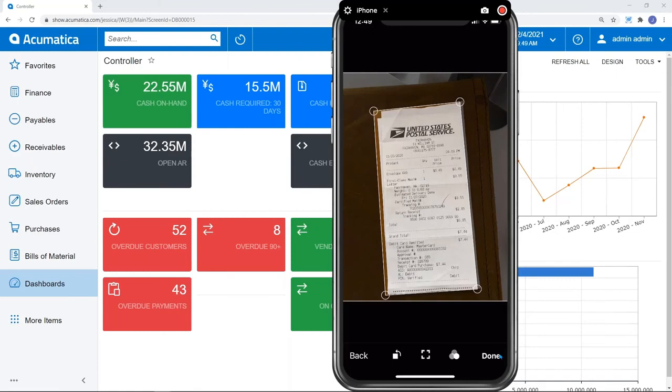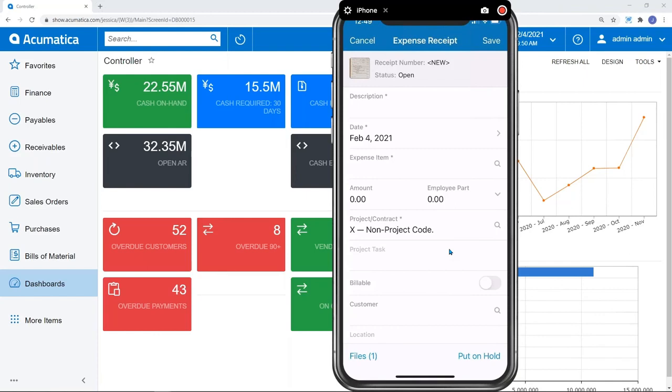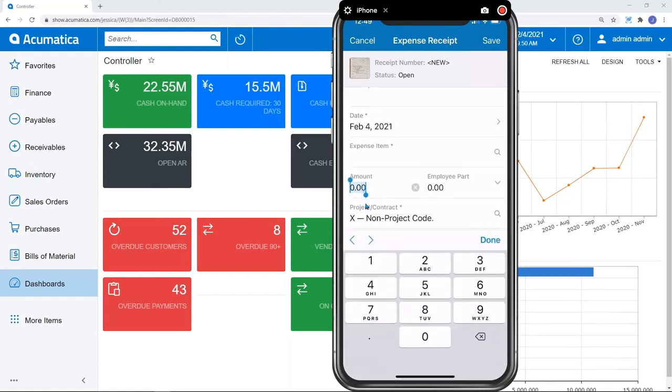So you can see I just took a picture of an expense receipt from USPS, but if this was an example where I was using our artificial intelligence tools, I can even scan the fields on these receipts. If I'm talking about AP, I can scan the fields on the AP documents, and then I can feed those into Acumatica automatically. Again, in my example, I'm not using the machine learning and the artificial intelligence, so I can just go ahead and enter the amounts to go along with my receipt.